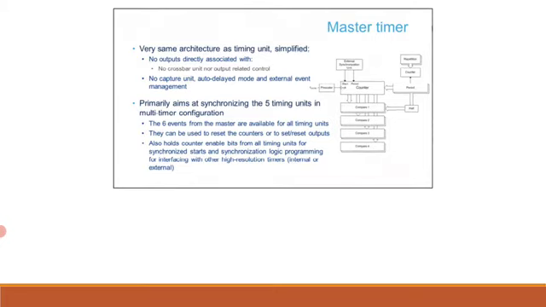Its programming is simplified since there are no directly associated outputs nor captures, auto delayed mode or external events management. The master timer primarily aims at synchronizing the 5 timing units for converters requiring more than 2 outputs. The 6 events from the master period, compare 1 to 4 and the global synchronization are available on all timing units and can be used to set or reset the outputs